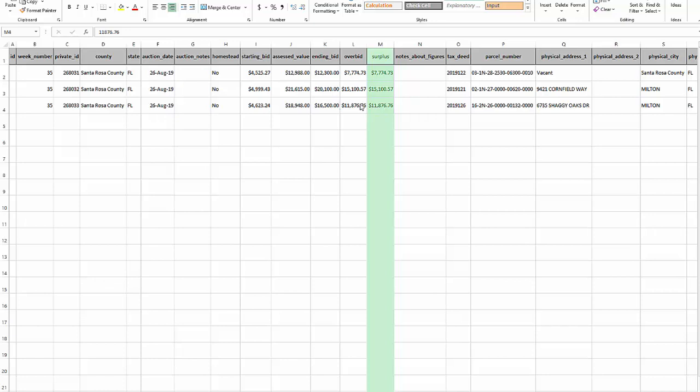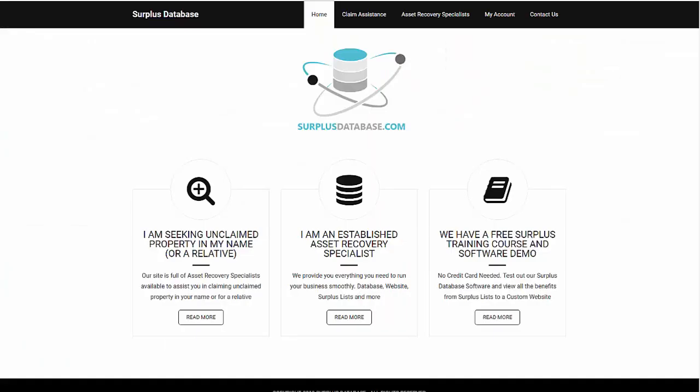But we're going to be researching this record, which is over $5,000, so I know that we do have the property information report. And what you want to do is copy the tax deed number, because that is what we're going to be searching on in the repository. And back on surplusdatabase.com, you go to My Account,